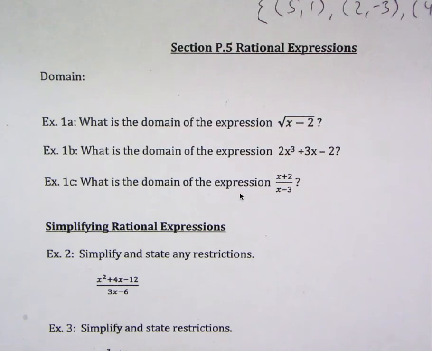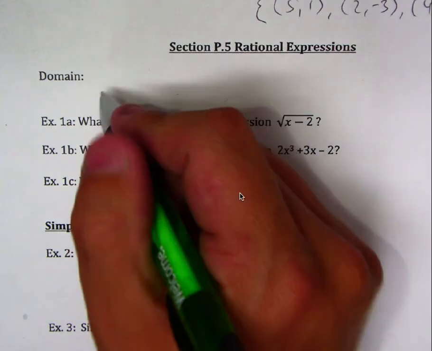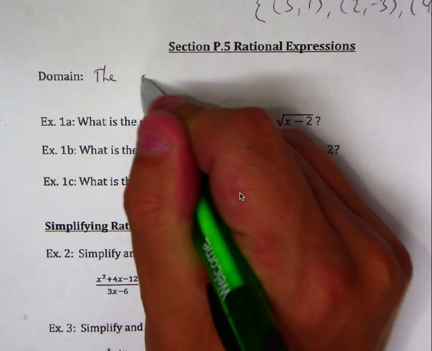I'll say that again. Domain is what numbers you can plug in for x that, when you take your calculator and compute, give you a number as an answer versus undefined or can't be done. So we'll define domain as